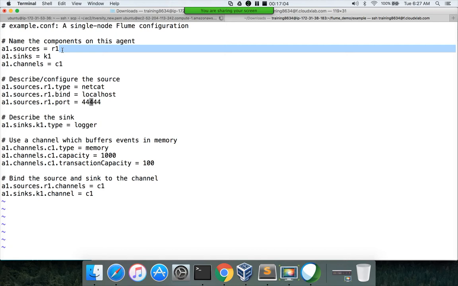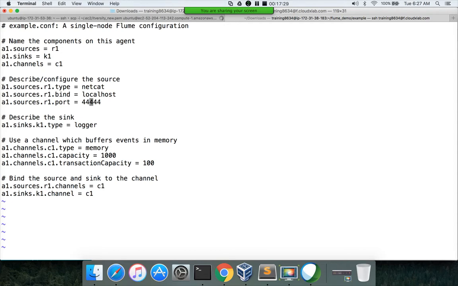You can give multiple sources if you want to run one agent reading from multiple sources. It's not required that one agent has to read from only one source. And then you have to define the properties of each of the sources. If you want to give multiple sources or multiple sinks or multiple channels, you just have to give them comma separated. Okay, so you can have R1, R2, R3 as 3 different sources.